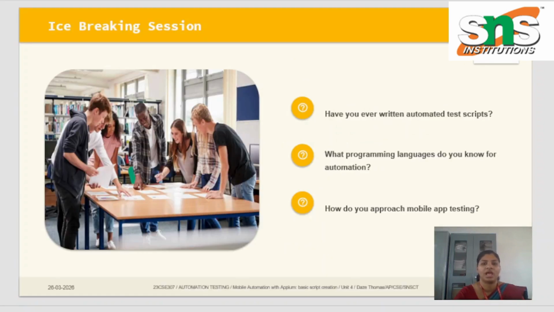First we'll have an icebreaking session where we'll discuss: Have you ever written any automated test scripts? What programming languages do you know for automation? And how do you approach mobile app testing? So you can write the answers for all three questions. Just think about these and find out the answers in your mind. Okay, and then we'll go to